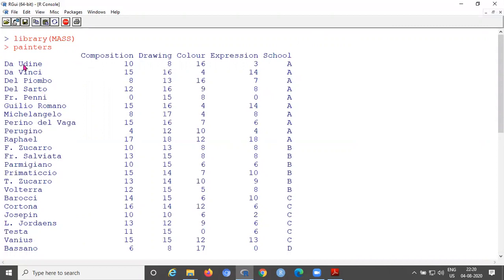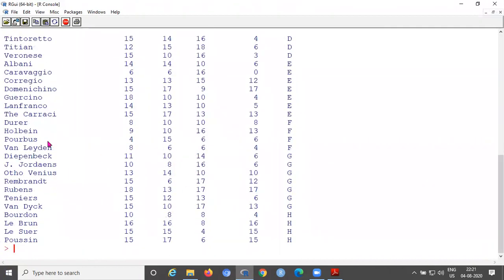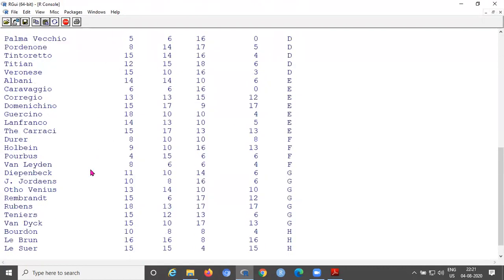Row identification, painter name, these are also strings. The remaining ones are numeric data types. So this is the data set painters, with its variable names and observations.